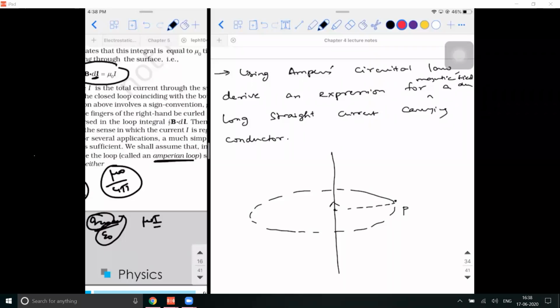So it is going to be into the plane, which means this is the way. Now if I take a small current carrying element dl, then this will also be into the plane. This is actually minus k cap. Since I cannot show it on the paper, I took it like this. So it is minus k cap.